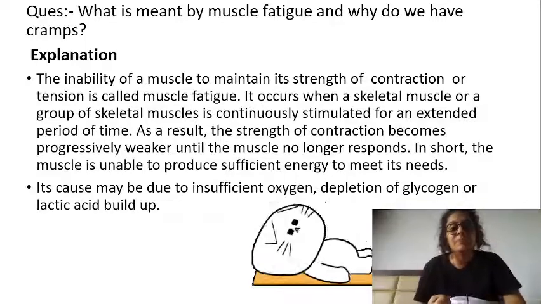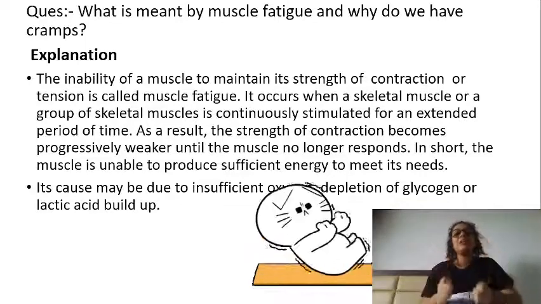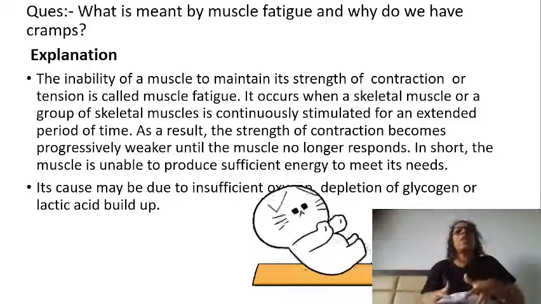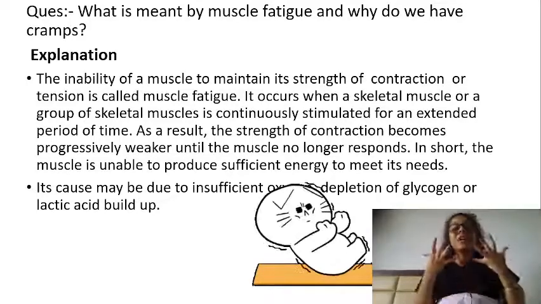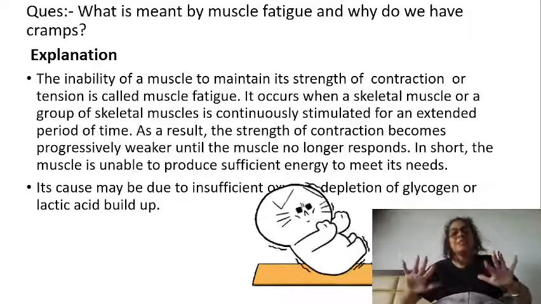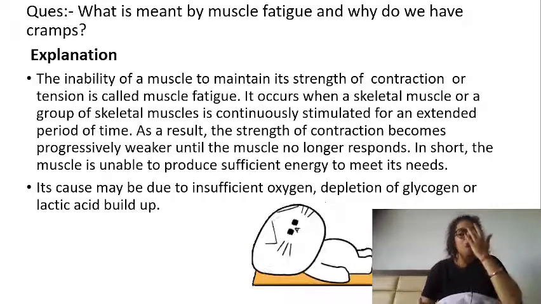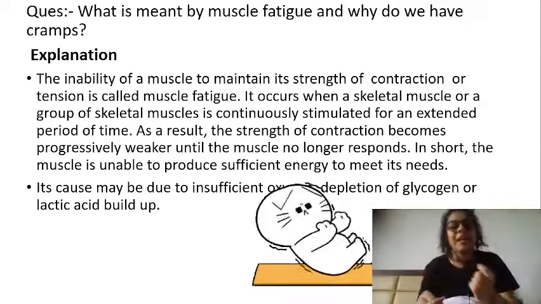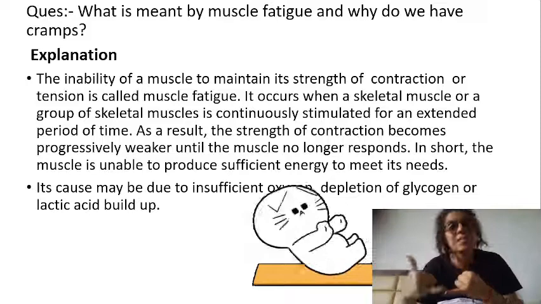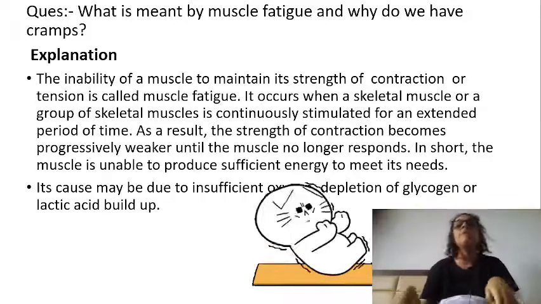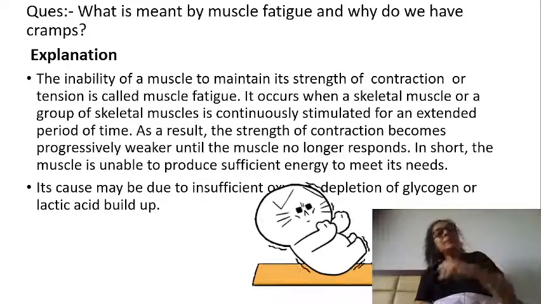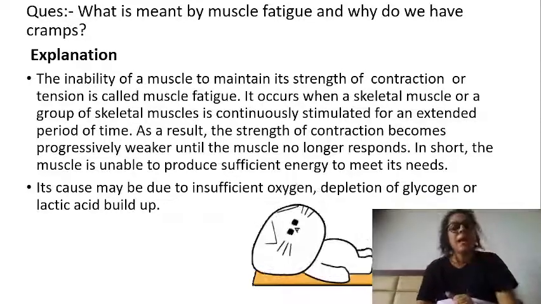Why is it happening? Because my muscle was having the strength of contraction for a longer duration. Now when it wants to relax, it has no more energy left so that it can relax. So what happens during that? Normally when this energy is not there, it might be due to insufficient oxygen supply at that particular area, or when glycogen is depleted, the stored food is depleted. During that time this happens normally.